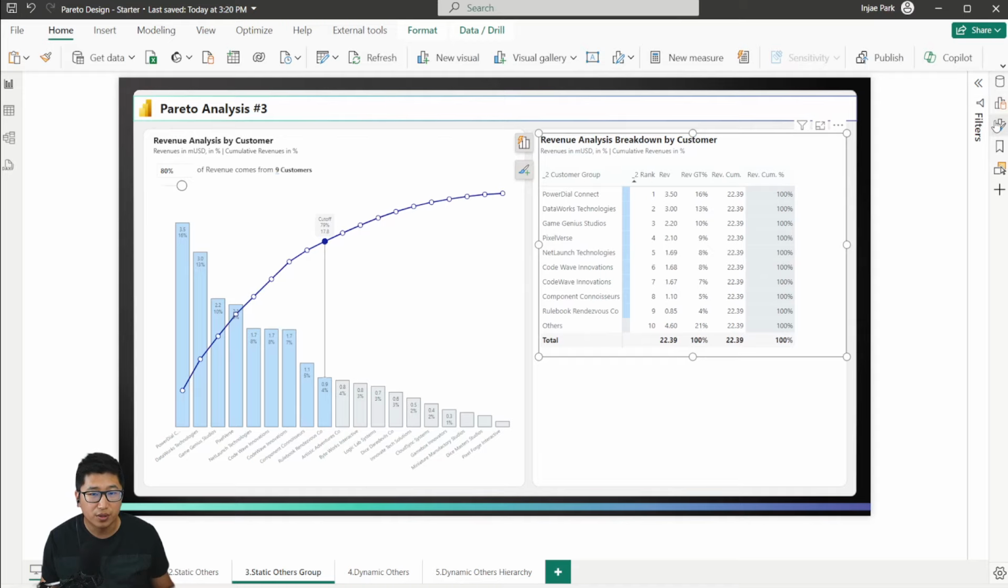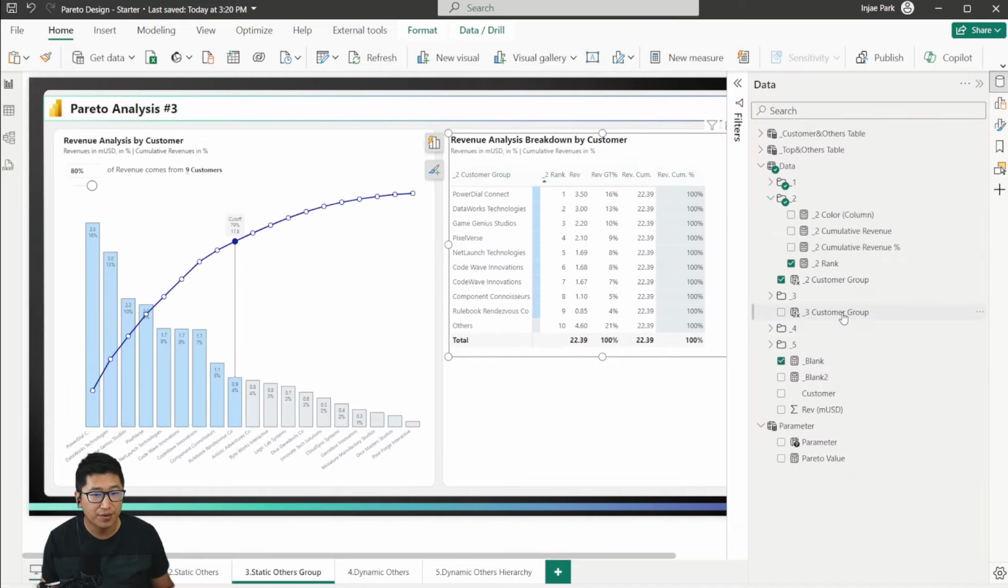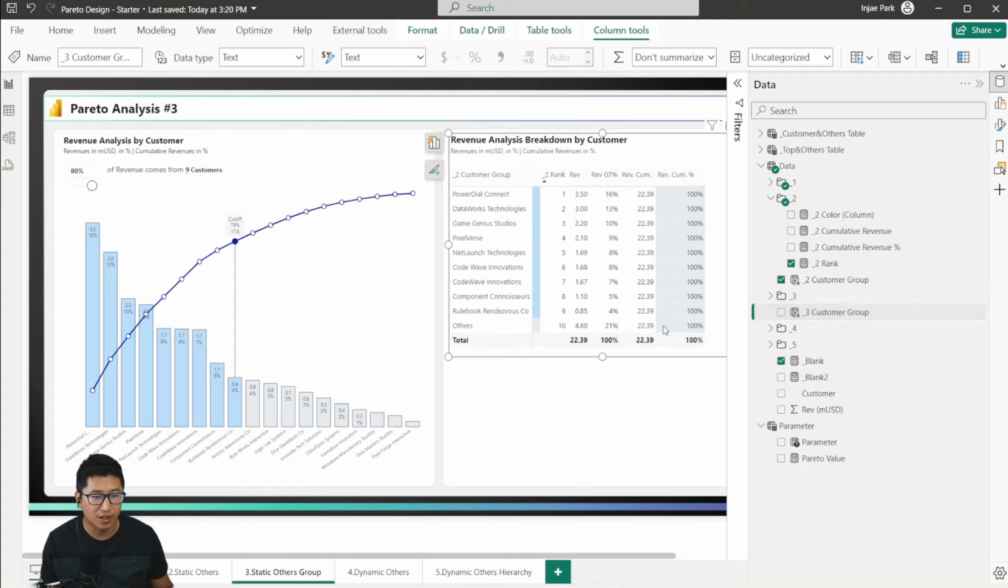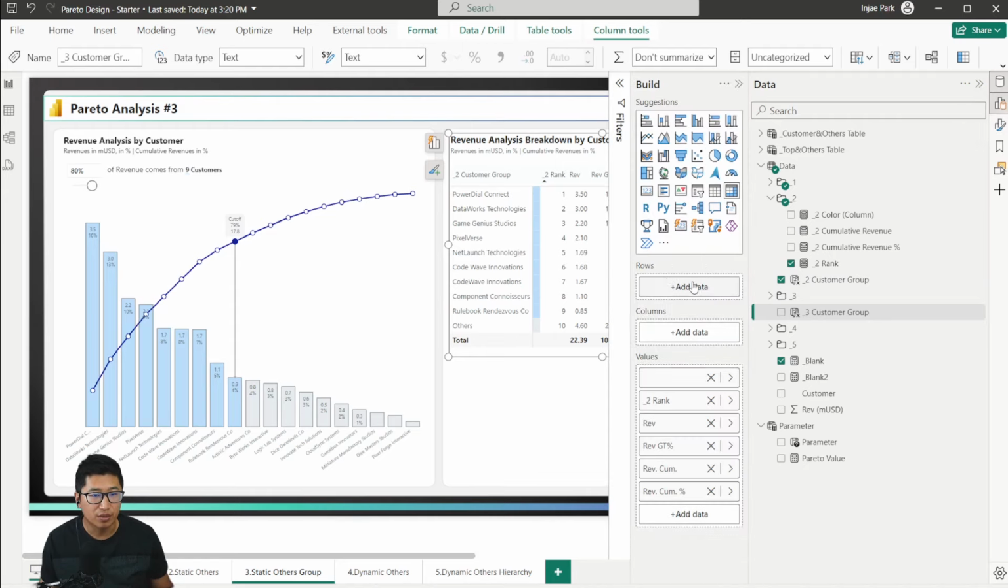What we're going to do on this page is use another thing that we created. Here you can see that before, in the Pareto value, we were putting in either the customer or the others. But here in the new calculated column, we're either putting a 1 or a 2. I guess this could be top or others, but for now we're just putting it as a 1 or a 2. And the reason we're doing that is in the build, we're going to remove